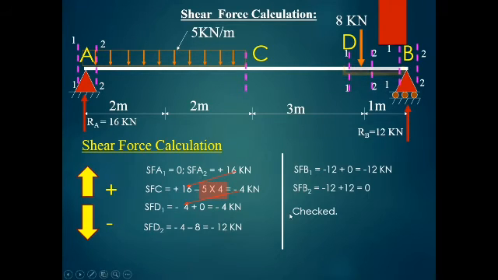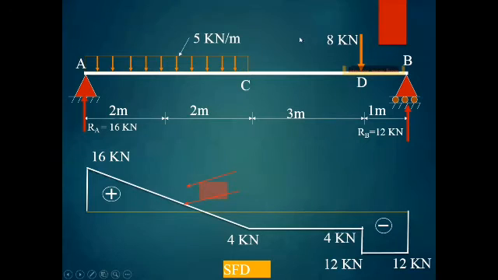This way, we will get the shear force calculation, and accordingly, we can draw the shear force diagram. So this is my shear force diagram. Now here, under every point load, whether it is a reaction or an applied point load, you are going to get a vertical line, which we have studied in the shear force diagram rules. So this is the point load. So you are getting a vertical line here. There is a point load at D. So you are getting a vertical line here. There is a reaction at B. So you are getting a vertical line here.